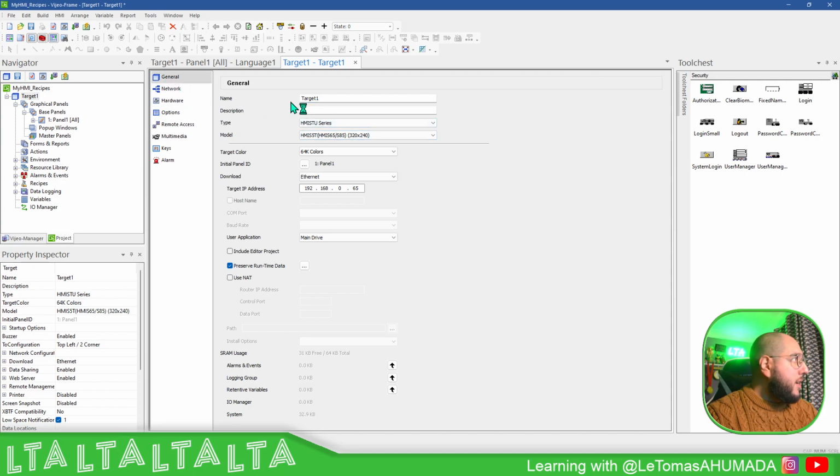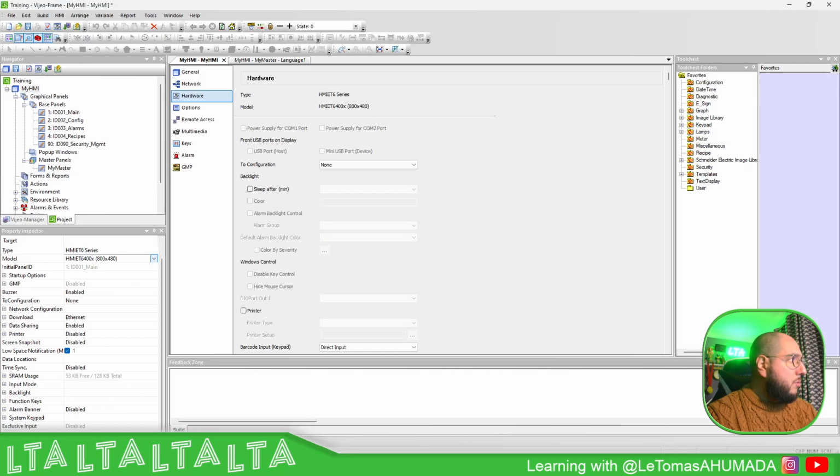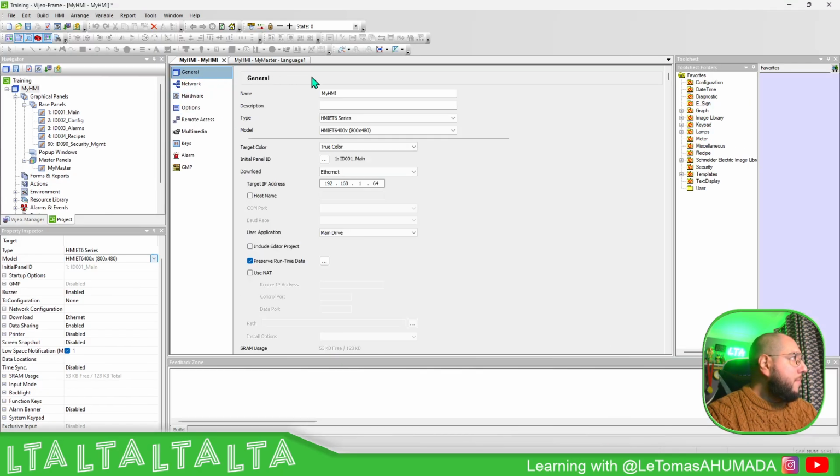Here in general, you can have the type, the family range, and then the model. This is for Vijeo Designer, and if you go to Vijeo Designer Basic, it's going to be the same. Here, type HMI series, you have these ones, and then the right model that we want. Depending on the HMI you're working with, it may or may not have the Ethernet port. If it doesn't have the Ethernet port, then what you need to do is use the mini USB cable